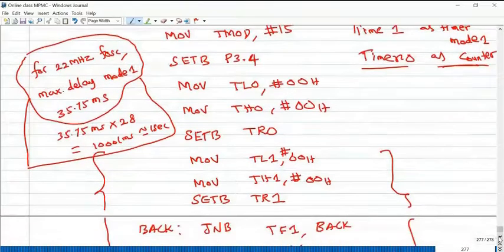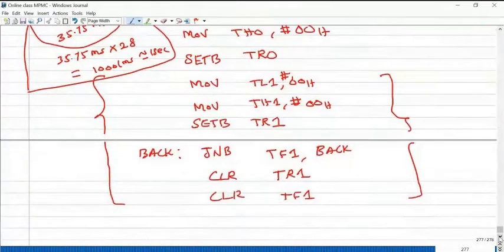But we are writing the program for every 1 second, how many clock pulses reached at the P3.4 pin. So this program is completely written for 35.75 milliseconds, this entire thing. So it should be repeated 28 times.